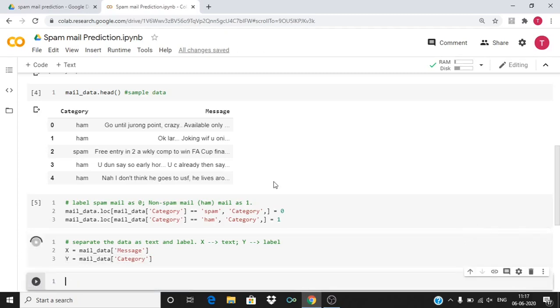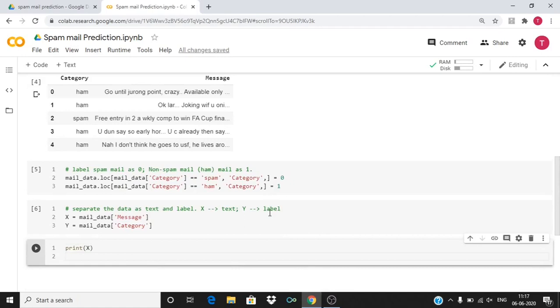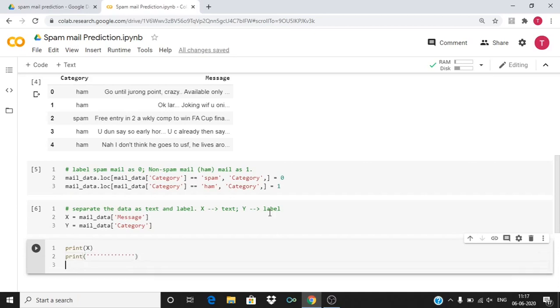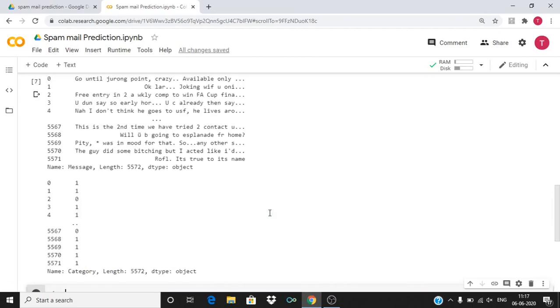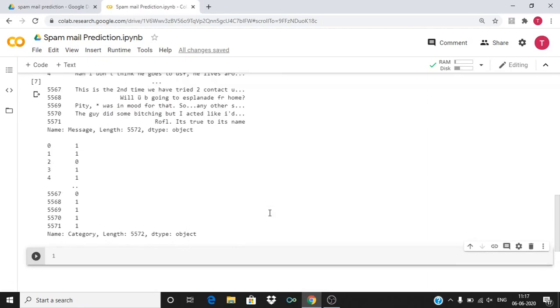So run this. So now we need to split the data set as training data and testing data. But before that, we shall go ahead and print x and y. Print x. So I'll make some separation here. Okay, so as you can see, it shows x and y separately. So I'll just make some changes.